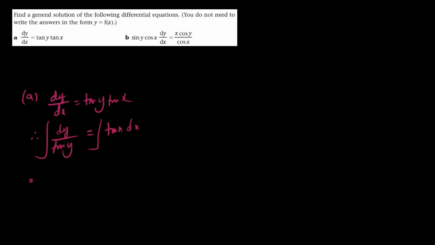So question A: dy/dx = tan y tan x. By the separable method, we can write dy/tan y = tan x dx. So integrating, 1/tan y is cot y dy equals the integration of tan x dx. So we know the integration of cot y